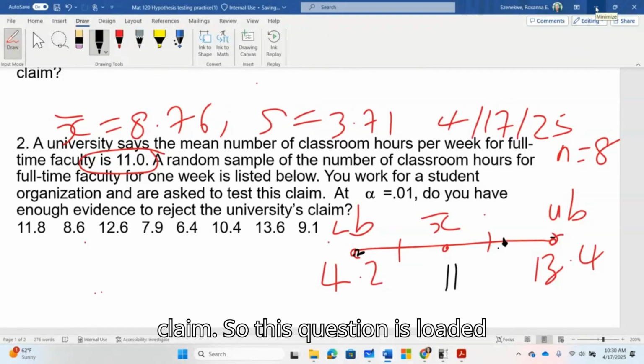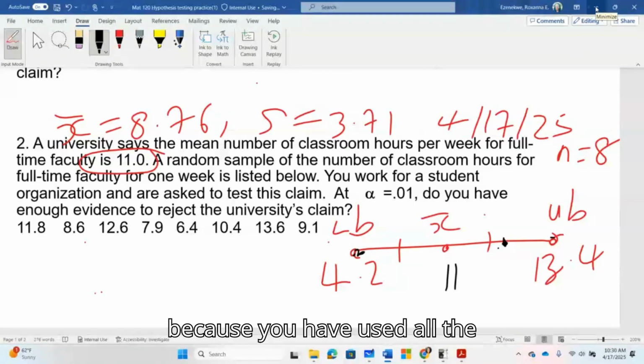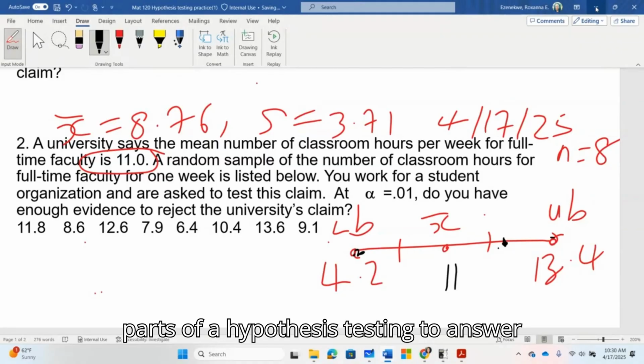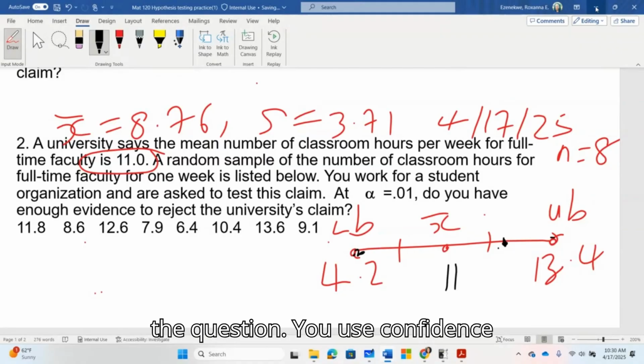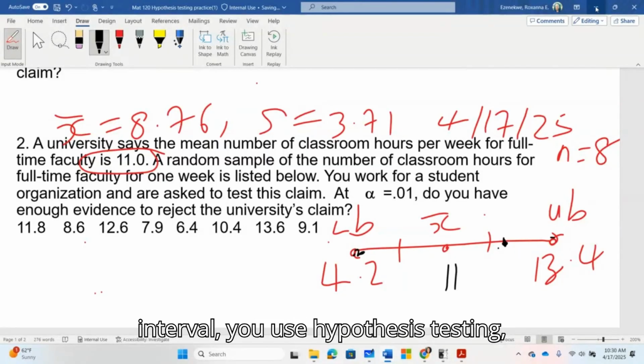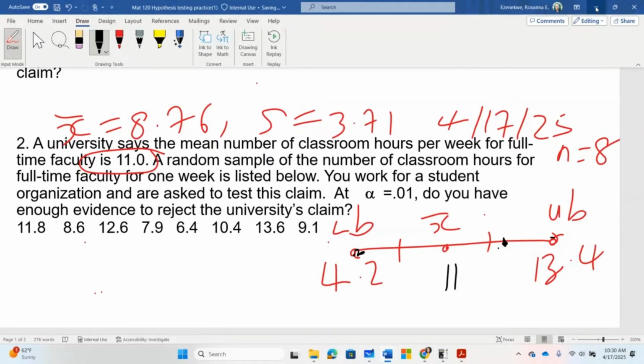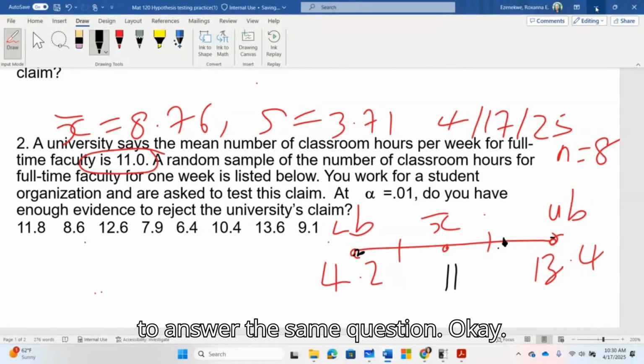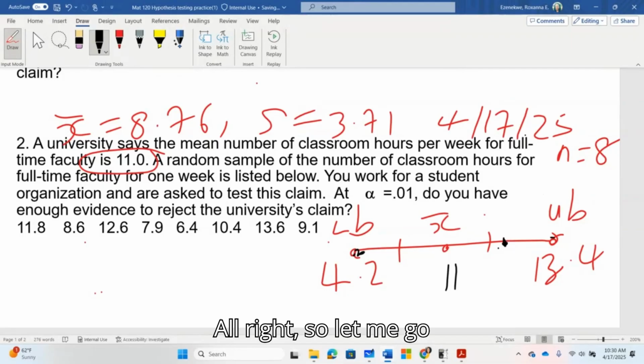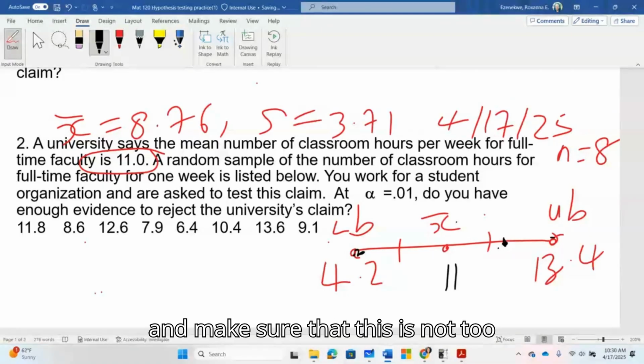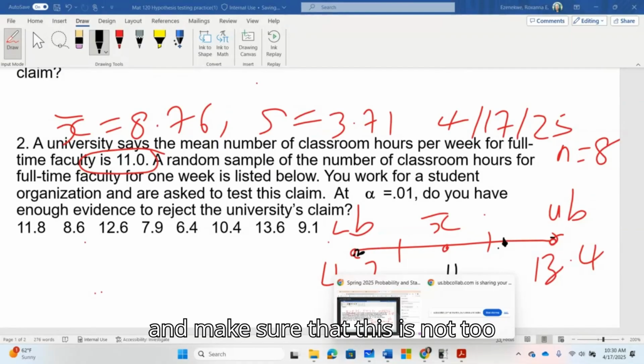So this question is loaded because you have used all the parts of hypothesis testing to answer the question. You use the confidence interval and the other hypothesis tests to answer the same question. Okay, all right, so let me go and make sure that this is not too